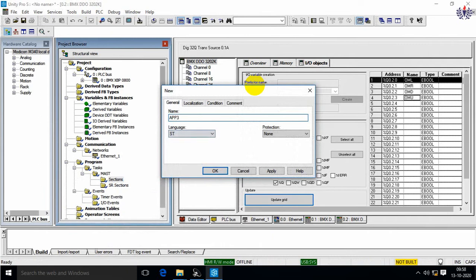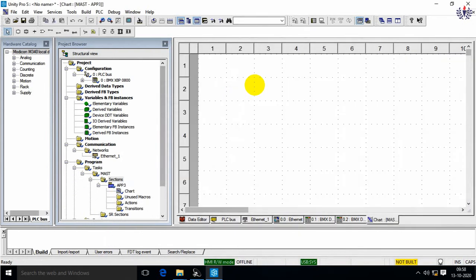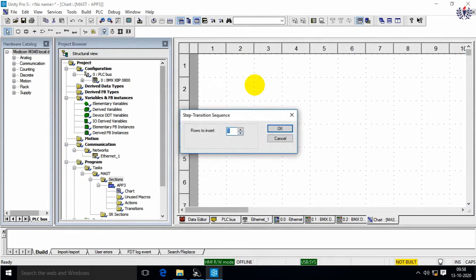Okay, so I'm going to program in SFC. So I'm giving it OK. So I think you can see the screen where it can work. So first, initially I am going to give some 6 steps, that is 0 to 5. Then I am going to make it as a branch. I will let you know the reasons while programming. So I am going to check it. So first I will give the 6 steps. So 6 rows I have inserted here.